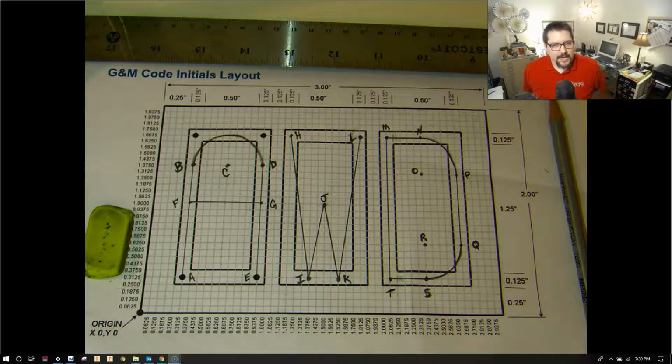When I'm at H, I plunge back down and then do a linear interpolation to I, from I to J, J to K, and K to L, which I then come back up out of my wax. I wrap it over to M and I plunge back down into the wax, and I do a linear interpolation